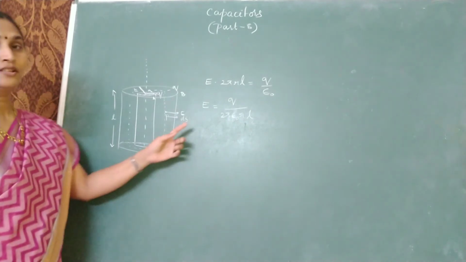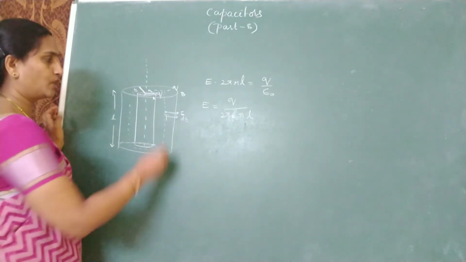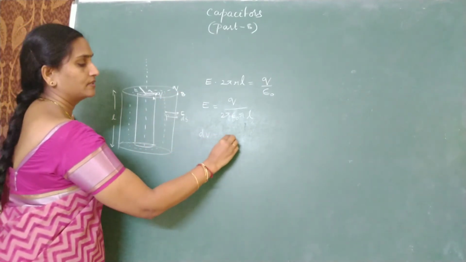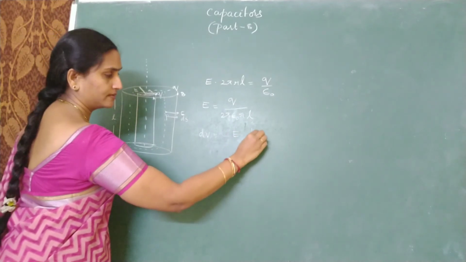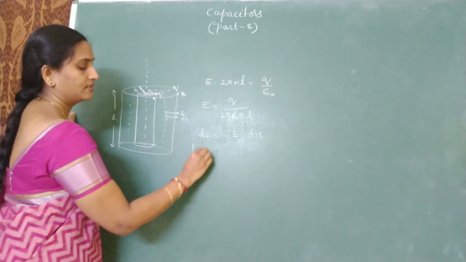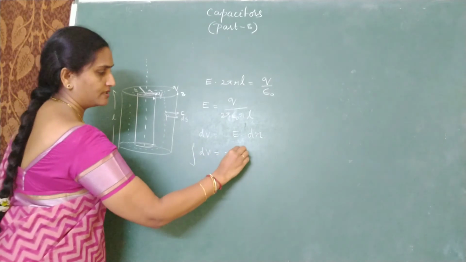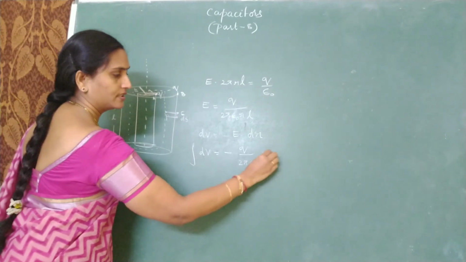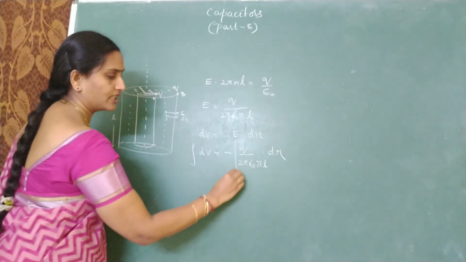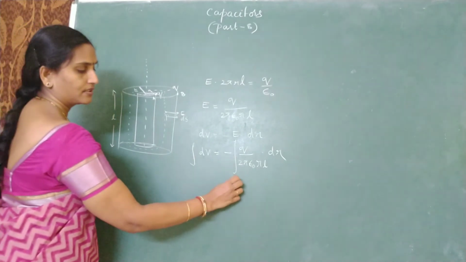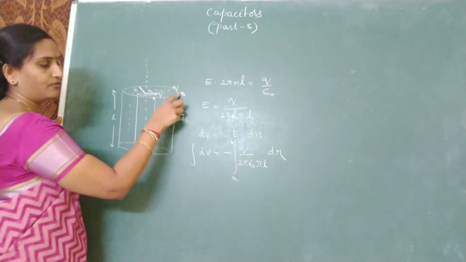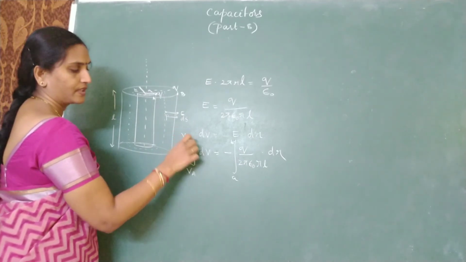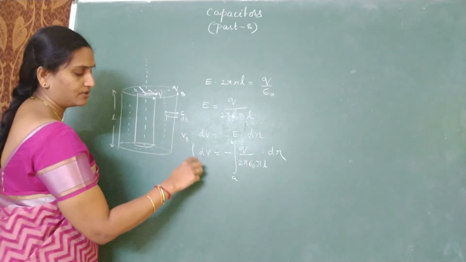And once you get the electric field, the procedure is the same. You will calculate the potential difference between the points A and B. So dV is equal to minus E into dr, integrated. Integral of dV is minus of Q by 2 pi epsilon naught RL into dr. Integrate this relation also. What are the limits? R is ranging from A to B, VA to VB. So integral of dV will give you VB minus VA,